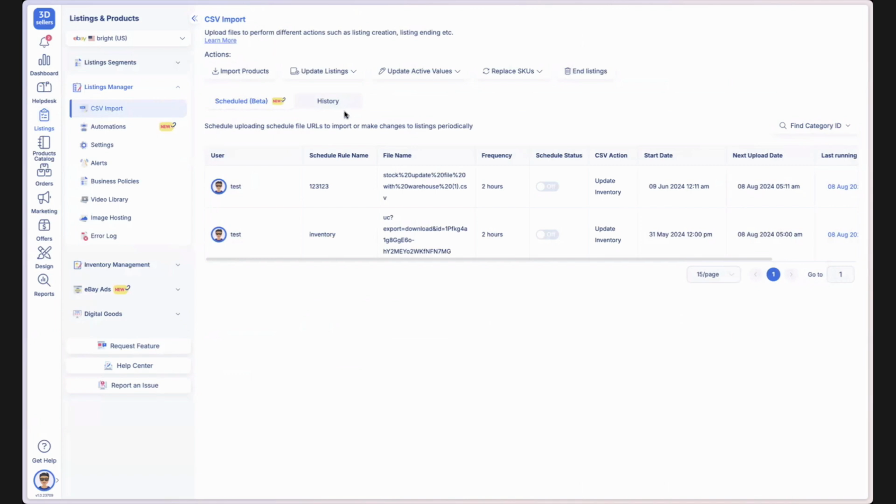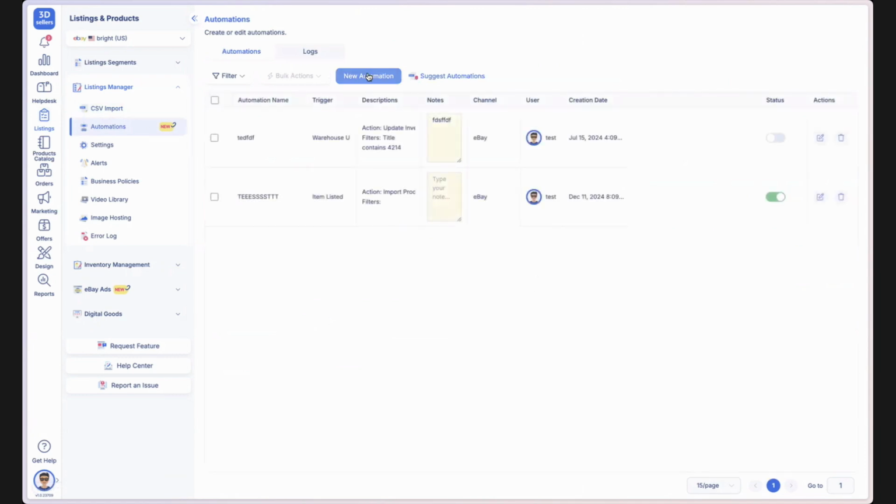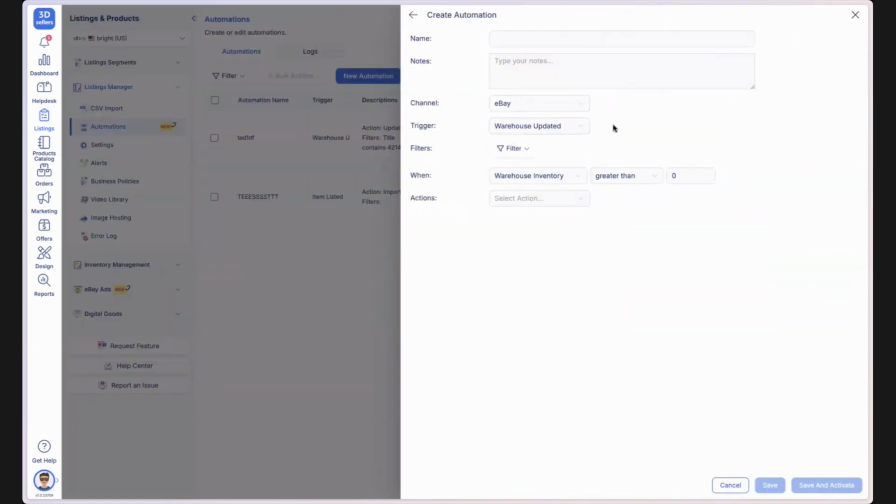For advanced users, we are also capable to schedule it daily, both imports and exports of data, if you have a supplier, for example. Now, in terms of automation, you can do many things to your listings. Let's say when a warehouse updates, it's usually good for inventory. For example, when your warehouse is, let's say, below less than, let's say, 2 units,